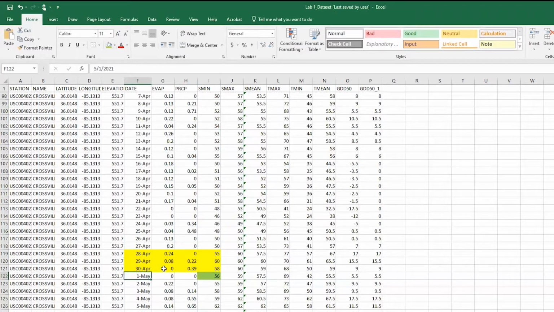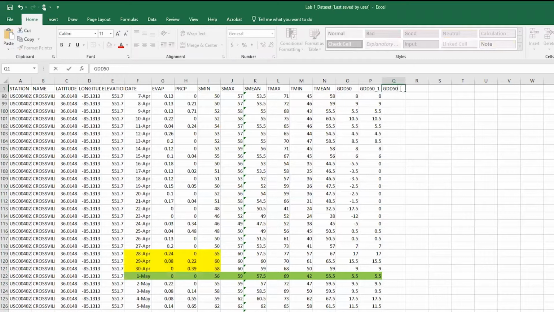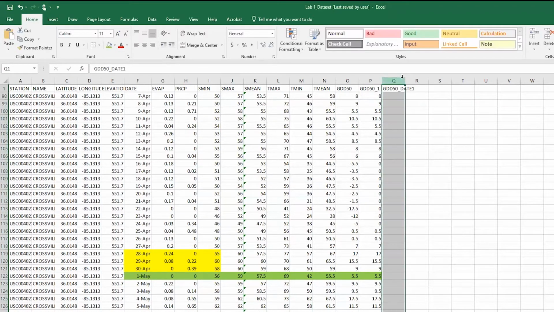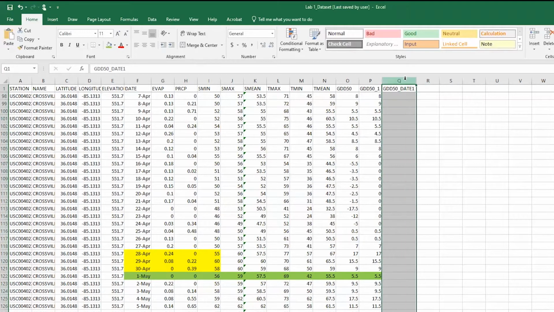We're just going to go ahead and bring this on out over here. We know that our planting day is going to be May 1st. So we're going to create a new column. It's already created, so it's not like we have to insert it, but we are going to label it GDD 50 underscore date 1. You can make it May 1. I'm not overly concerned with the column headings as long as they make sense. So growing degree date,